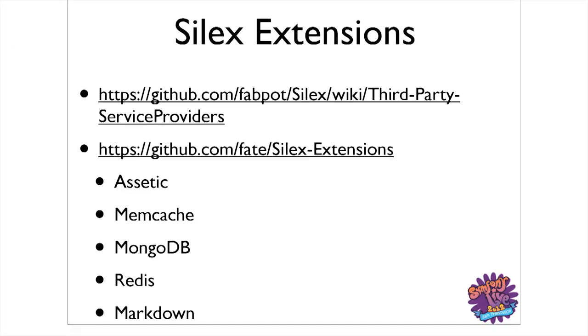So how do you put controllers in a different place? How can you use a real templating layer like Twig? And how do you add support for database and caching? So we already talked a bit about database and caching, but let's talk about scaling Silex for larger applications. There's a lot of different extensions available for Silex. In this case, there's Static, Memcache, MongoDB, Redis, Markdown. Pretty much anything you can think of that works for Symfony 2 you can find a service provider for it